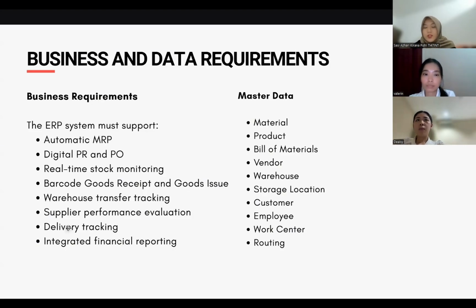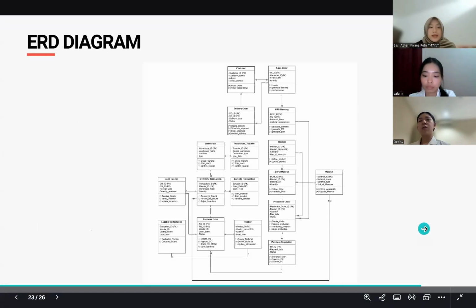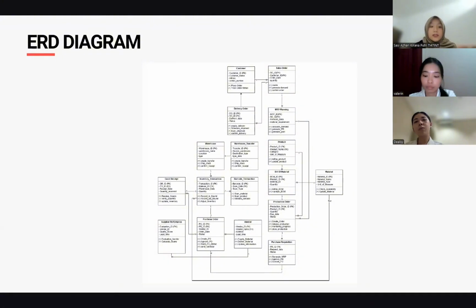In addition, the ERP system must manage transaction data such as sales order, demand forecast, MRP result, purchase requisition, purchase order, goods receipt, goods issue, inventory transaction, warehouse transfer, delivery order, as well as invoice and payment records. Those requirements are important to ensure that all operational data can be integrated and managed efficiently within a single ERP system. And then this is the ERD diagram of